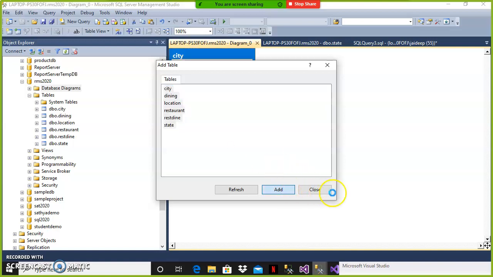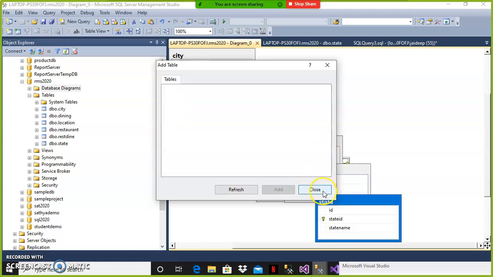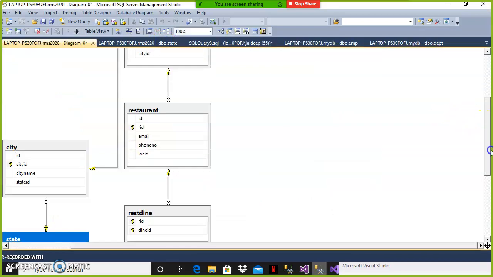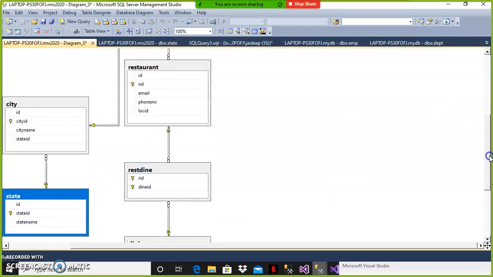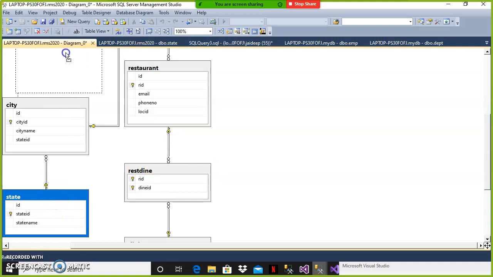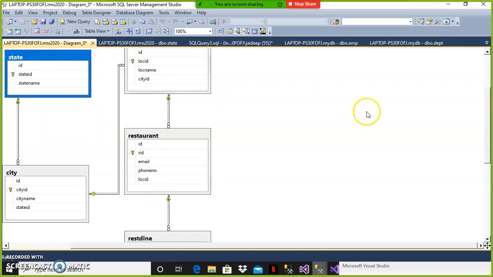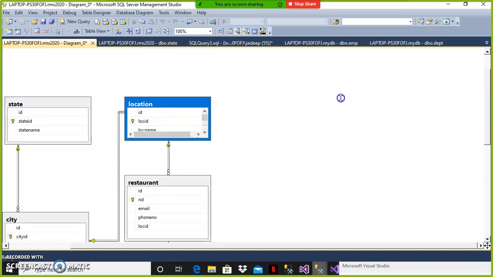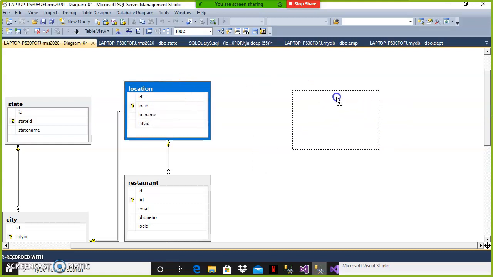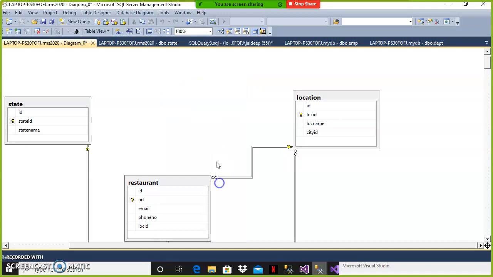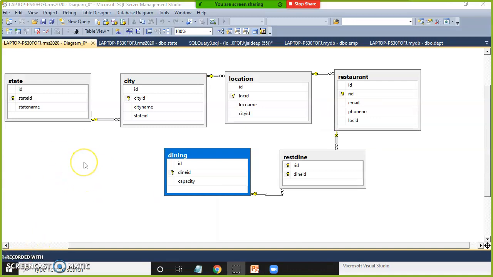Click on add. Okay, we need to create all the tables belonging to our database. Is it clear, everyone? So here, this is your state table, city table, and location table. You see the relation between state, city, and location. This is state, this is location, and this is city. This database diagram will show you the relationship between the tables. If you observe this database diagram, you will get some clarity.